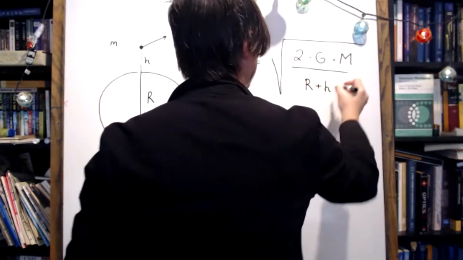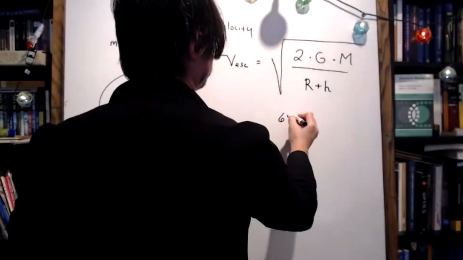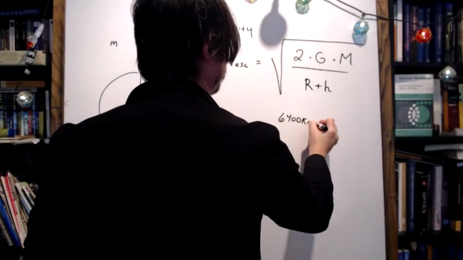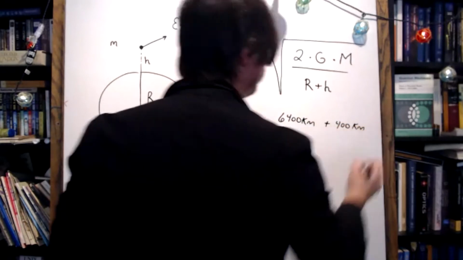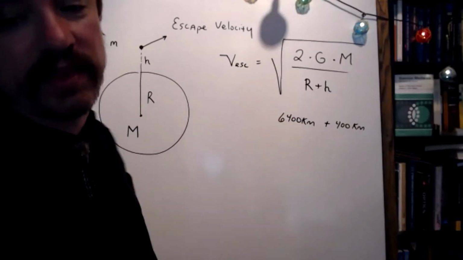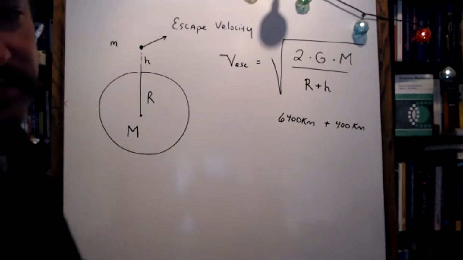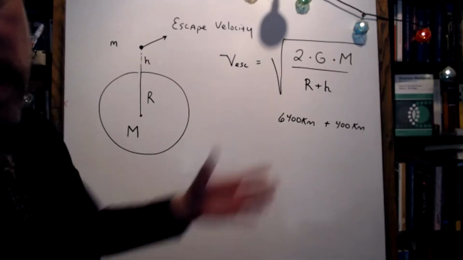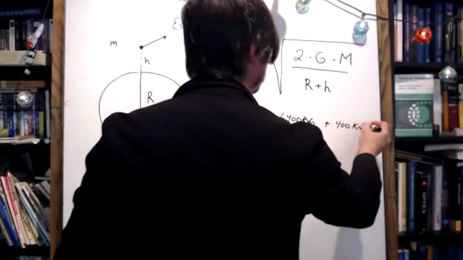But remember, to give you examples from Earth, the radius of Earth could be 6,400 kilometers. And if our exosphere extends up to 400 kilometers, that's not something that you want to neglect. You want to add that 400 in to get to your second significant figure of precision. So that would be an example. Of course, you can't actually put them in kilometers.